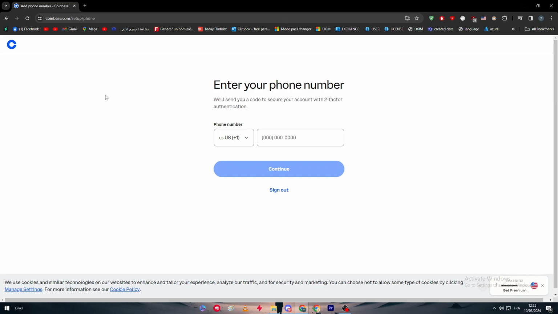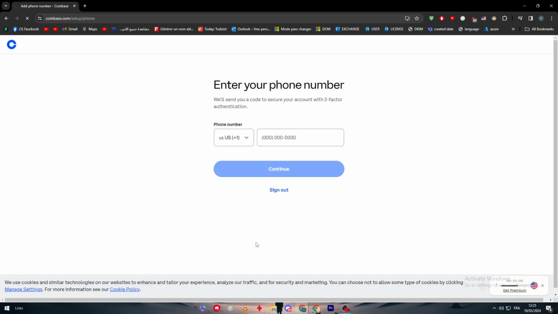As you may not know, when you create your Coinbase account for the first time, it automatically happens. The two-factor authentication doesn't need you to go to settings or do something crazy. It's pretty simple. When you actually create your account for the first time, so let me just